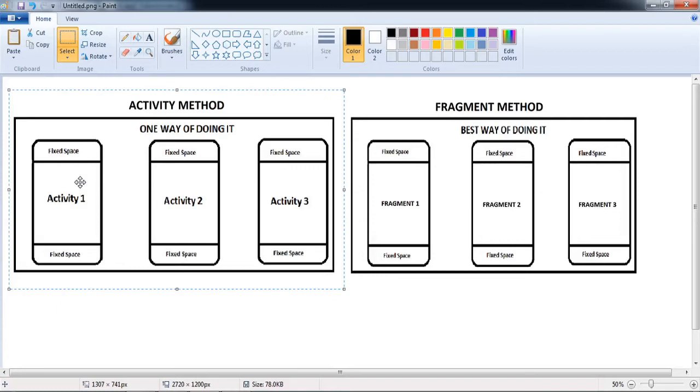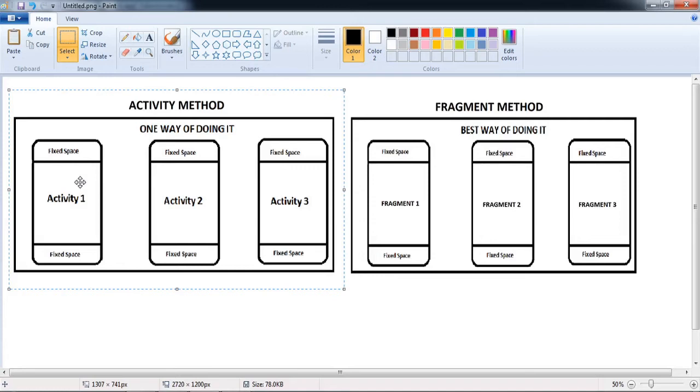Though this is the conventional method which every developer who has the basic knowledge of Android development is gonna do, right? So this is the very first thing that comes to our mind, that okay, we need to do three things, we'll make three activities, we'll design them, we'll write down the backend code, and done, we are done with it, right? But in